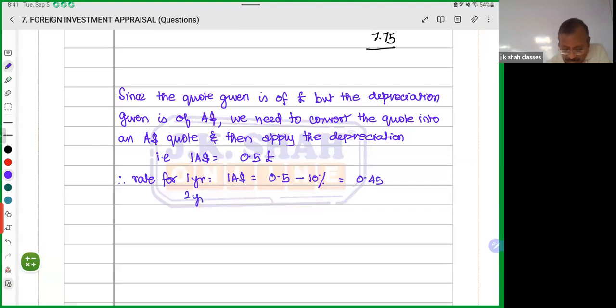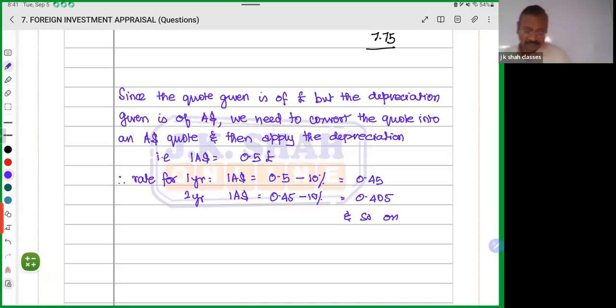For 2 years will be 1 Australian dollar equals to 0.45 minus 10%, 0.405, and so on. This is अगर कोट उल्टा